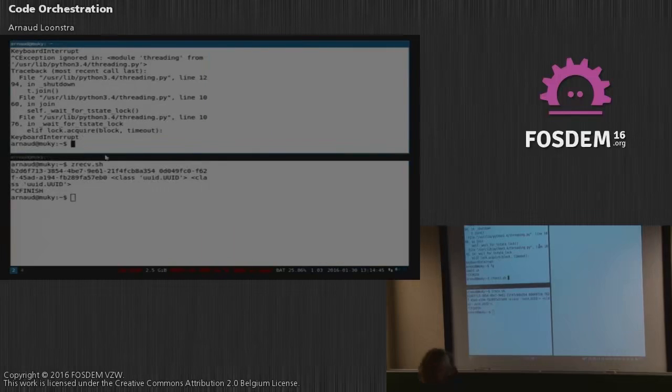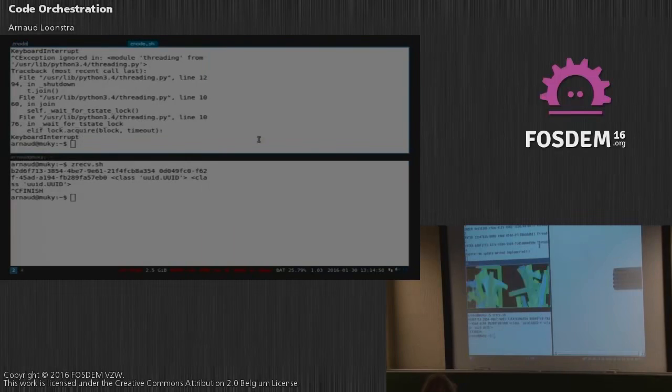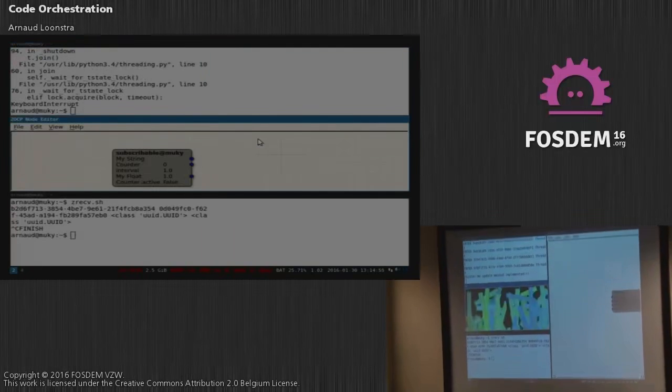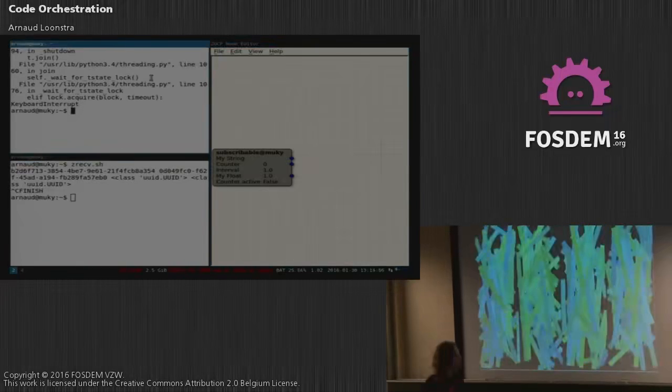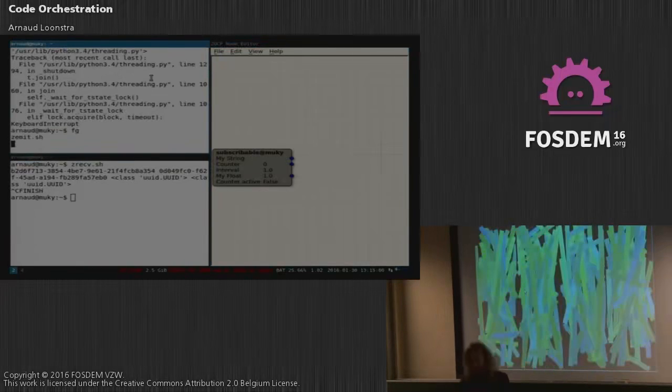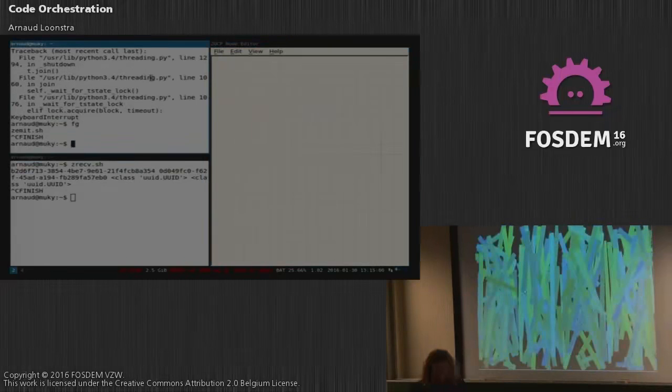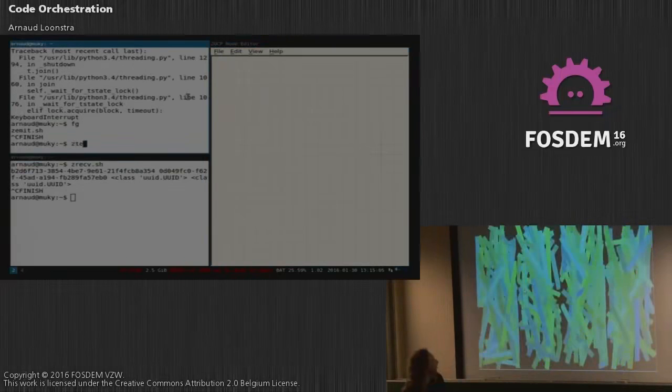So, this is not very functional, huh? But this is what is typically done in creative coding. It's only 800 by 600 on the screen, so it gets messy quite quickly.